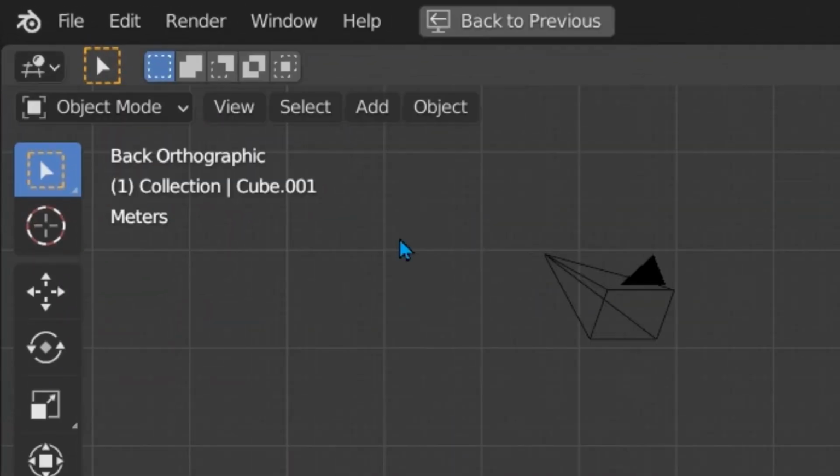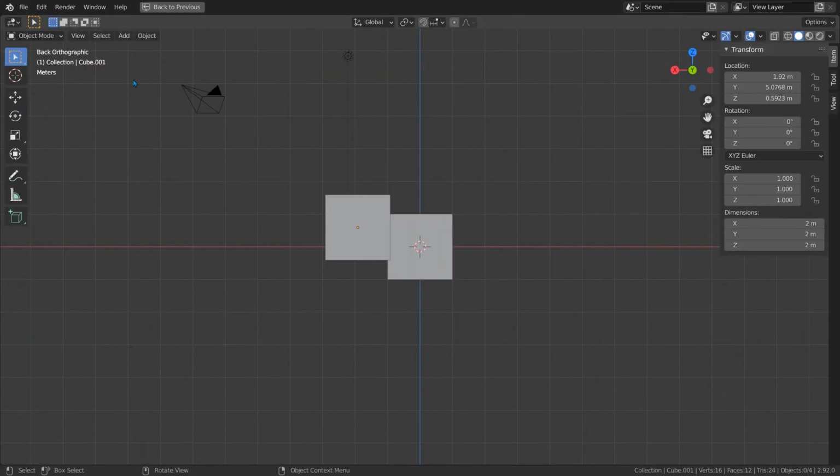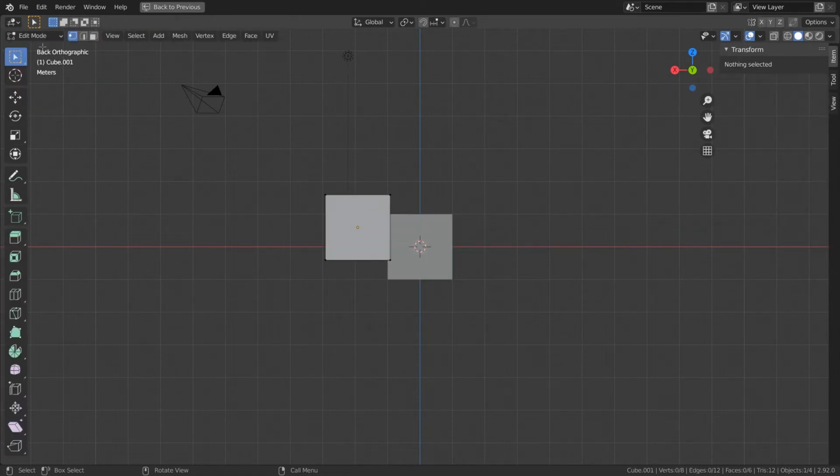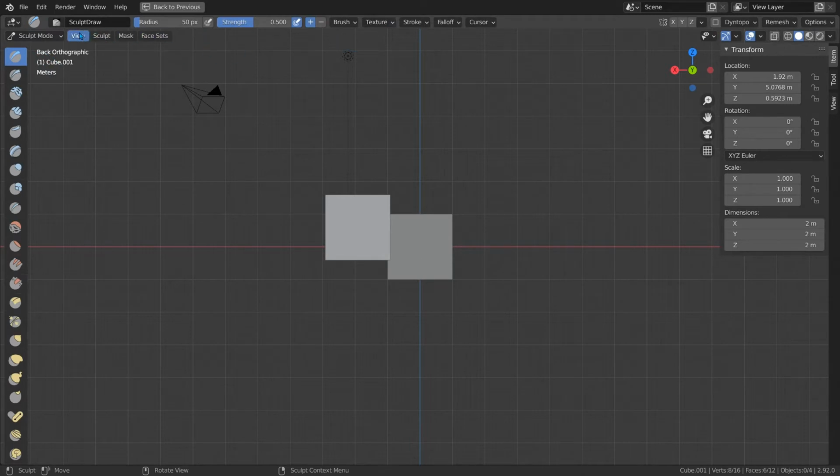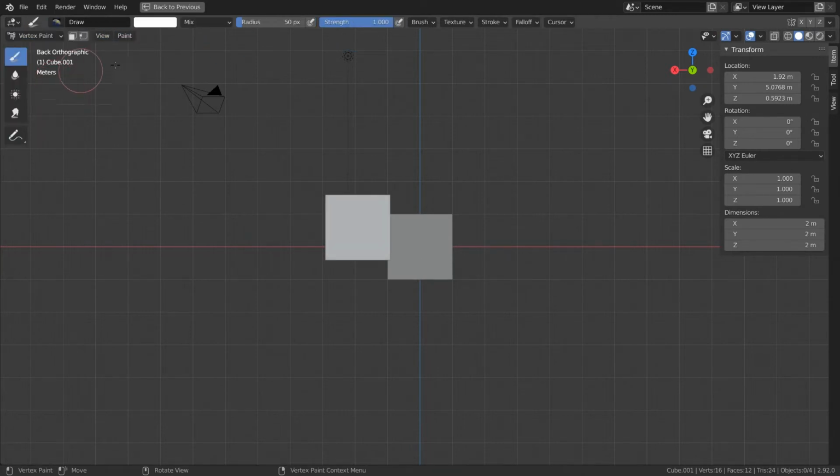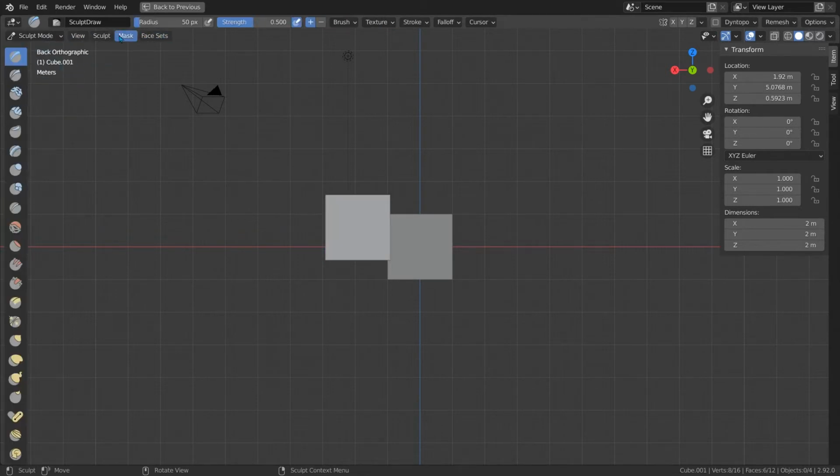The buttons to the right of View are context sensitive. As we've shown earlier, they will change depending on what mode we are in. Since we are in object mode, they manipulate data at the object level. There are a lot of them, and going over each of them for each mode would make this video several hours long, so just know that they are there and have a look at them. Try changing the modes and see what appears. They are mostly self-explanatory, and remember, you can always hover your cursor over them to get more information. We'll be using these a lot in the future, and I'll explain them at that point in time, so don't worry if you don't get it right now.